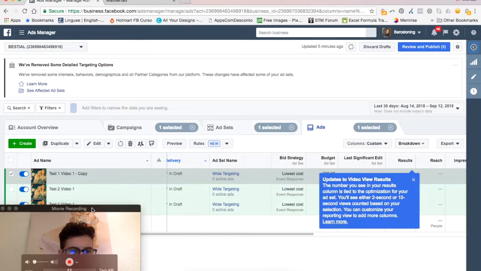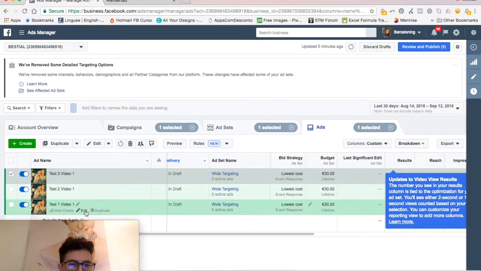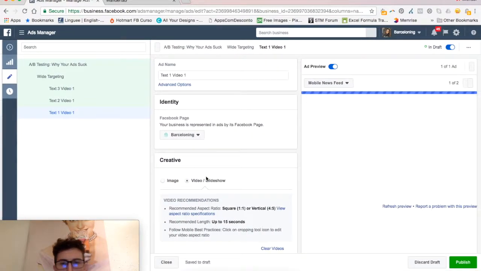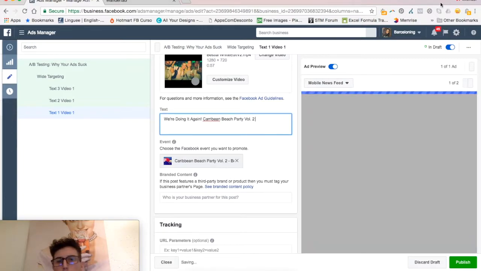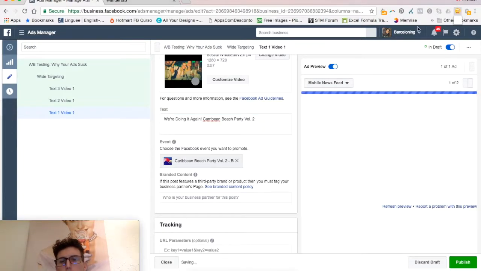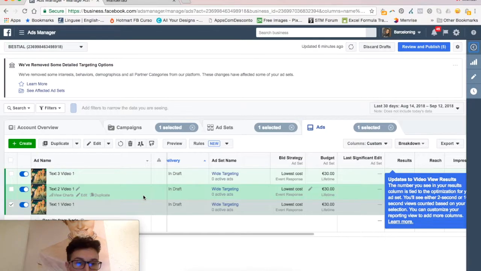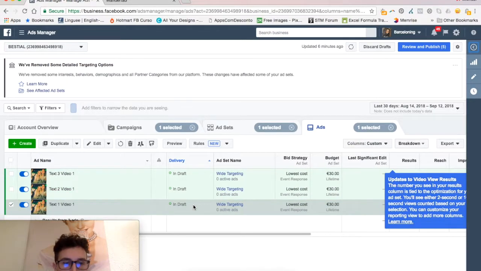And let's just get one more here. And we'll try something here. We'll do one more text here, like put some party emojis. Okay. So going back here, what you're going to see is that you have 3 ads here that are all